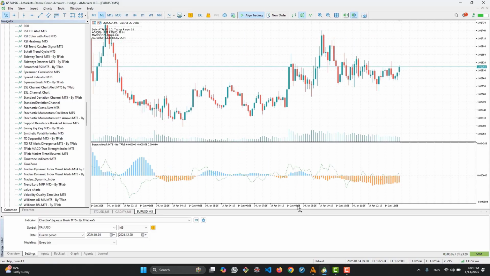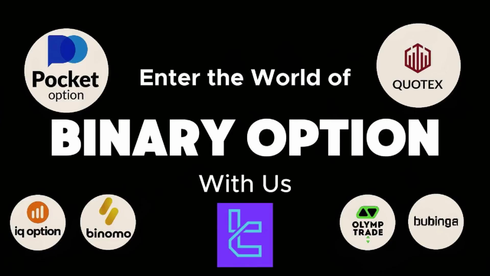This indicator consists of a green cross line, and here you can see that when this cross